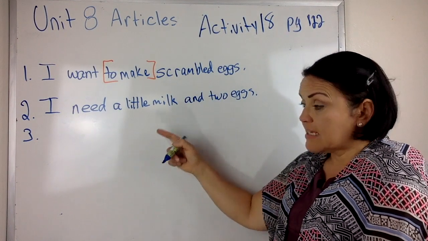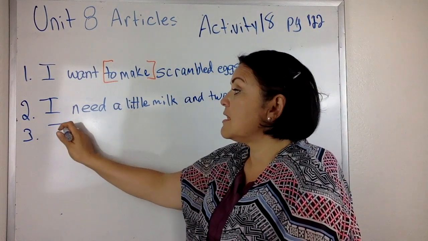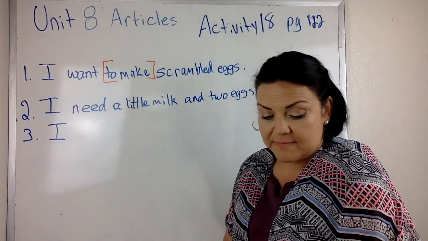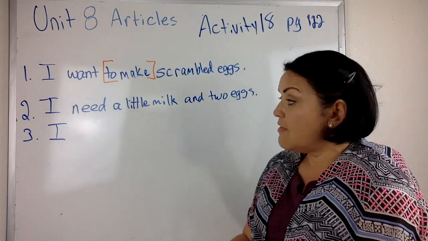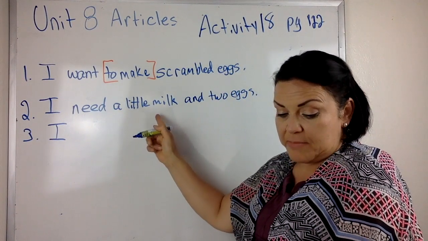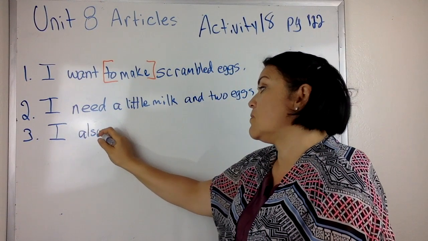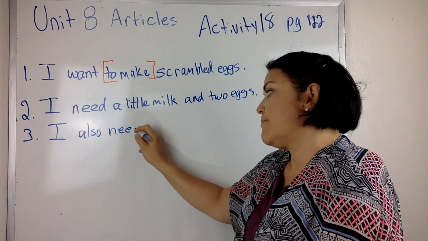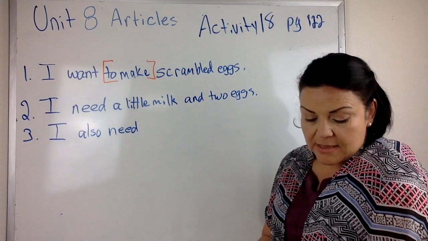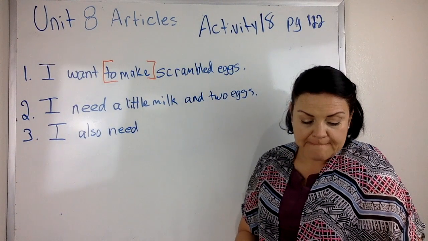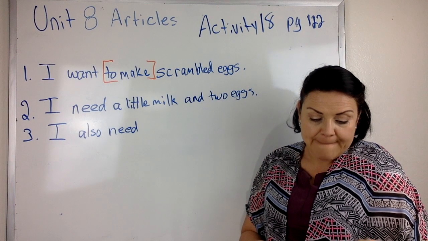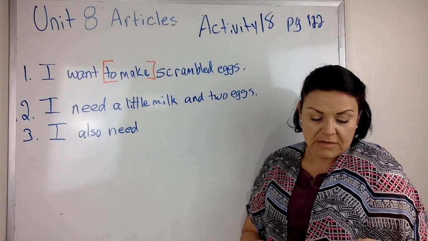So this is the next list, right? So we know that the pronoun I must come from the beginning. And then this is what they need, but they need more stuff, right? So then it's I also need, because they're going to write a list. I also need some, well,